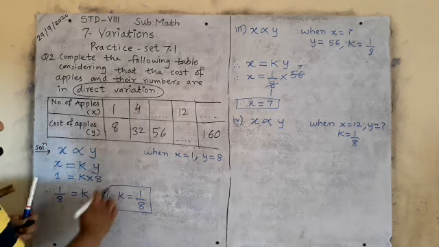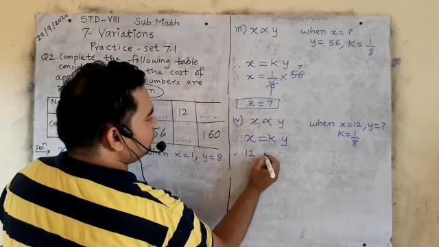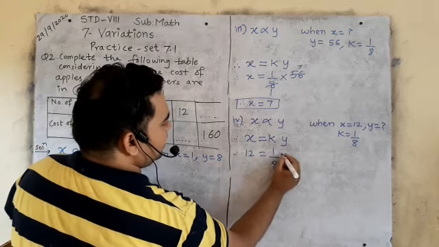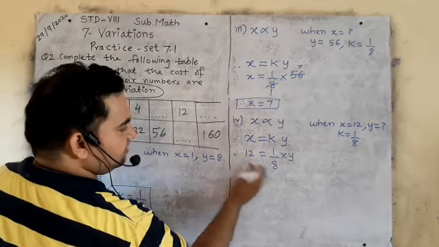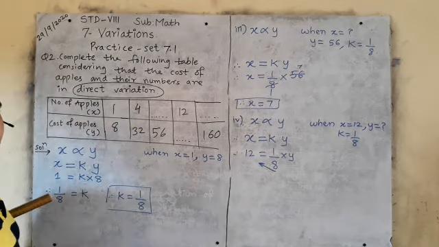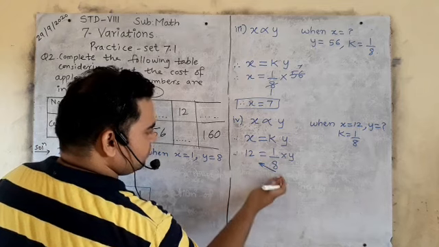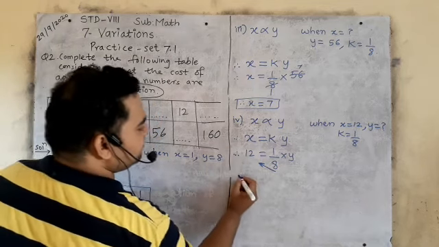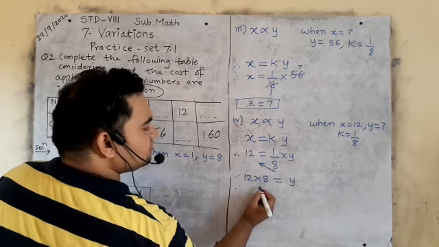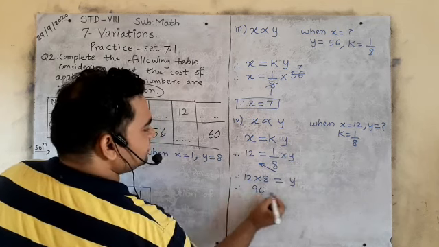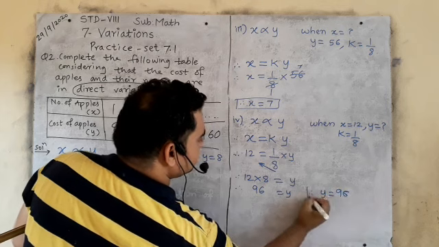Okay, now I will write this X as it is, alpha will convert into equals to K and Y will come as it is. Okay, now put the value. X value is 12, K value is 1 upon 8, Y as it is, right? Now this 8 is here in division form. So this 8 will come here to the left hand side. It will be multiplication form. So 12 multiplied by 8 is equals to Y. So 12 eights are 96 is equals to Y. Therefore you will write Y is equals to 96.